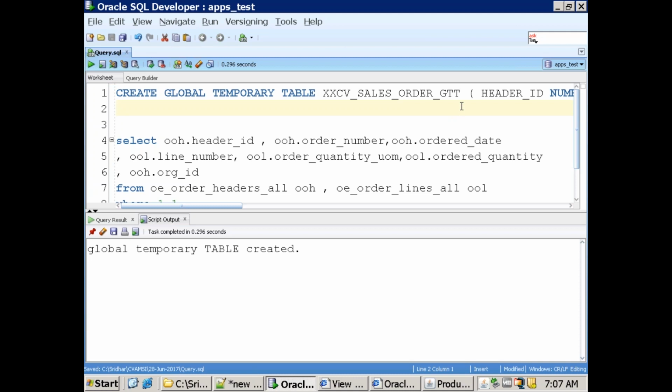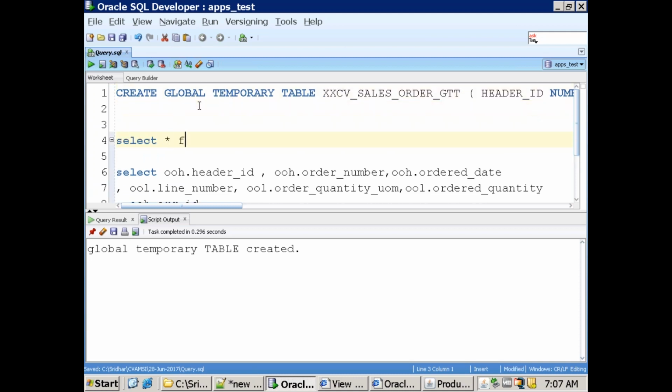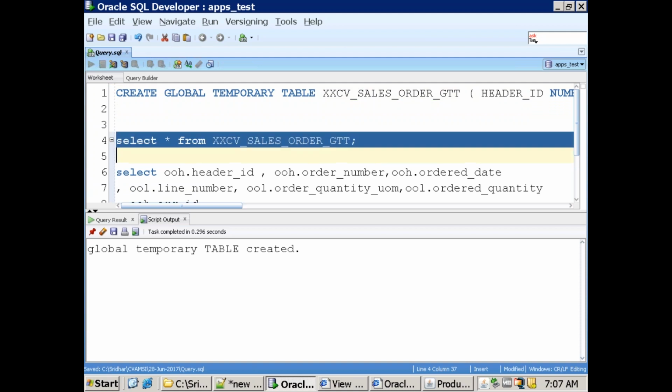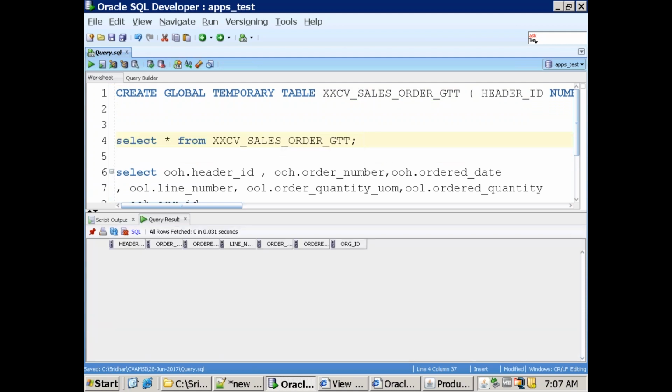So this is a table. Now, if you see the data here, there is no data as of now. Now the same way we'll create a package. We'll create a package, and what we do is